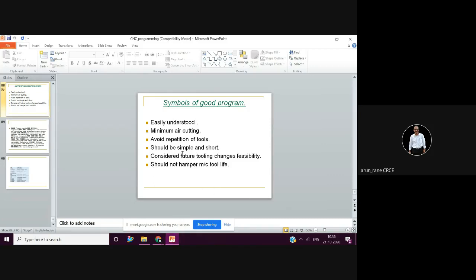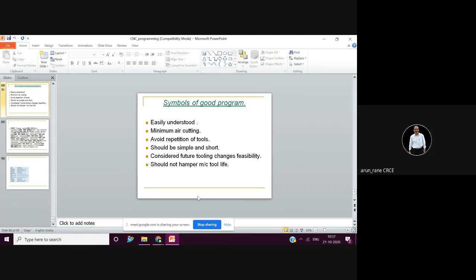And the moment this third shift operator enters the plant, he will start his machine exactly at 11 o'clock. No time pass, as early as possible after biometric or punching, and then he will push up the speeds and feeds. If you want to see the actual cutting, how the machine cuts, then you should see the work going on in third shift. They will exploit the machine like anything. They will work at 200%.